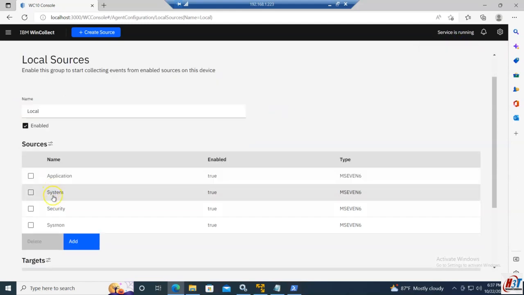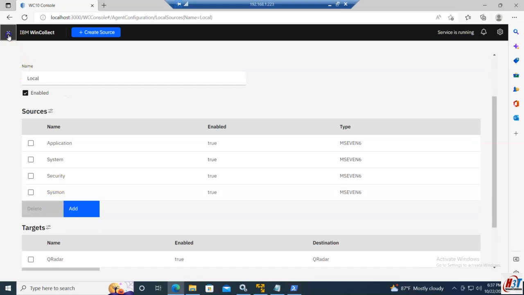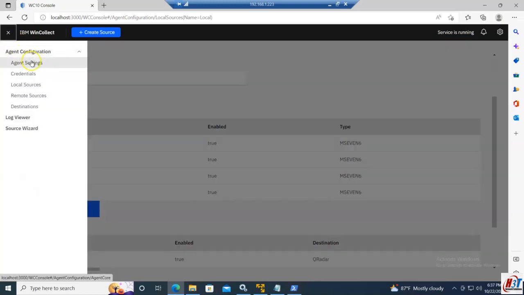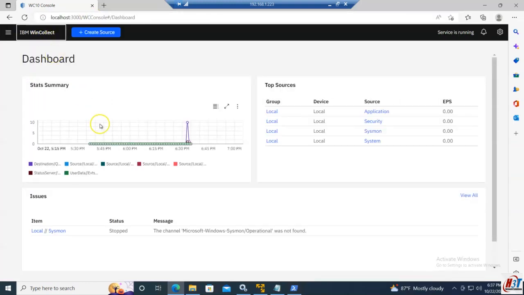So now you have application, system, security and sysmon. You can return back to the local home page, the dashboard, and see if logs are sent. So you can see here if there is an issue, sysmon is still stopped. Maybe if we refresh